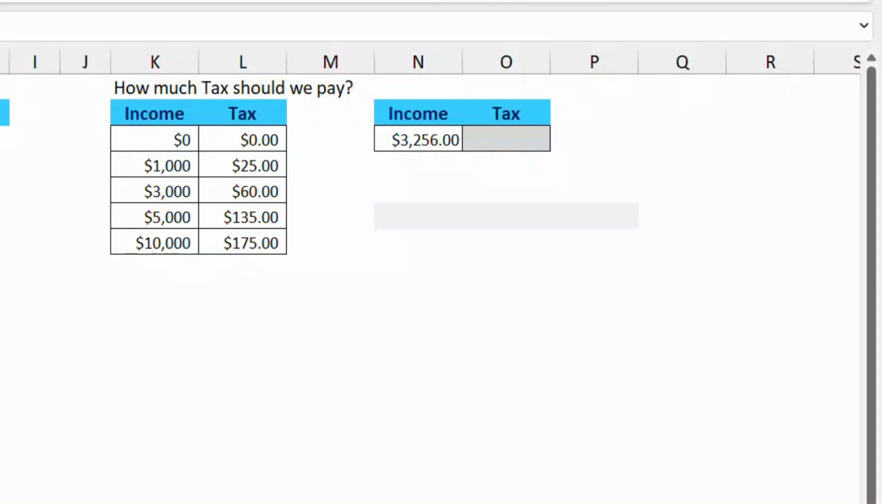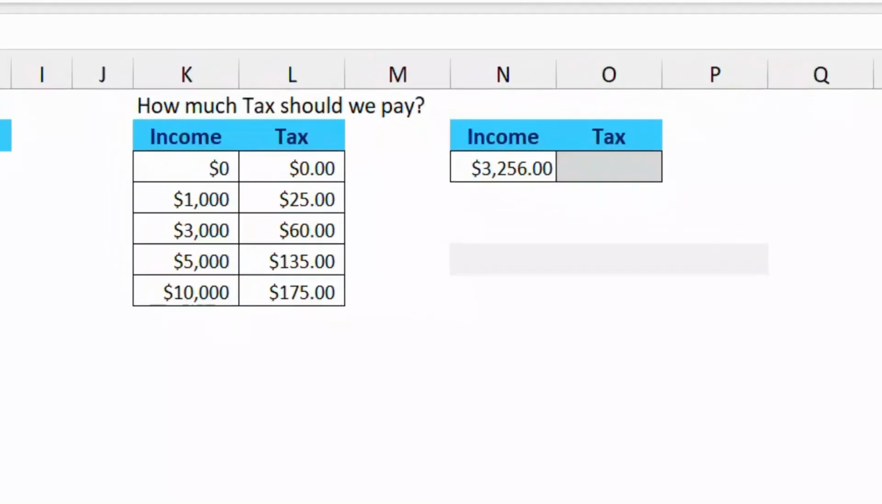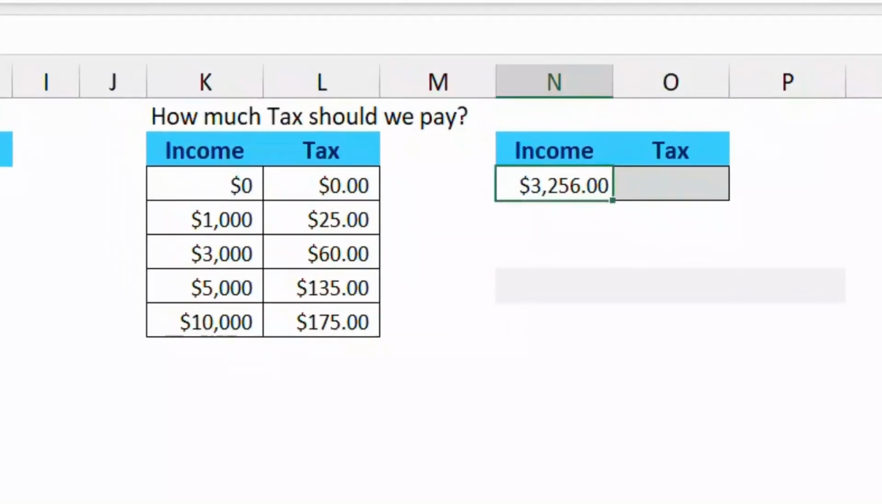If my income is below 1,000, then I don't pay anything. If my income is anywhere between 1 and 3,000, I pay 25. Between 3 and 5, I pay 60. Between 5 and 10, I pay 135. Above 10,000, I pay 175. So what if my income is this amount,